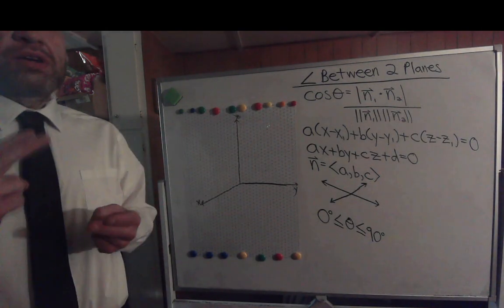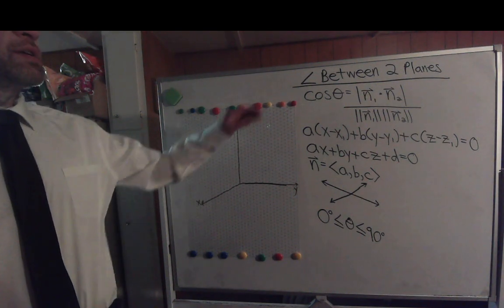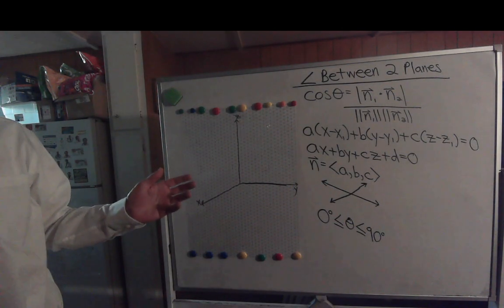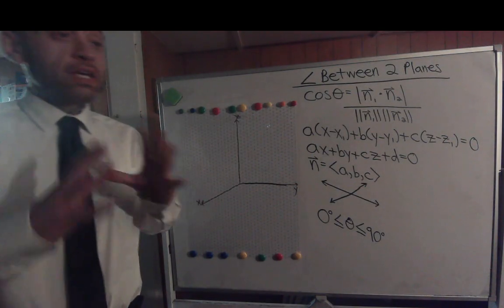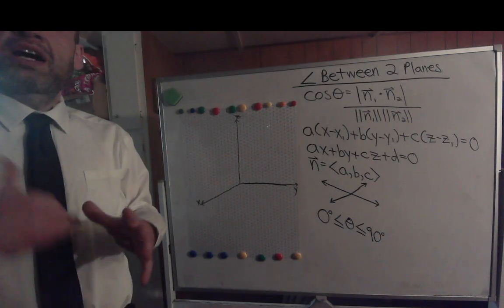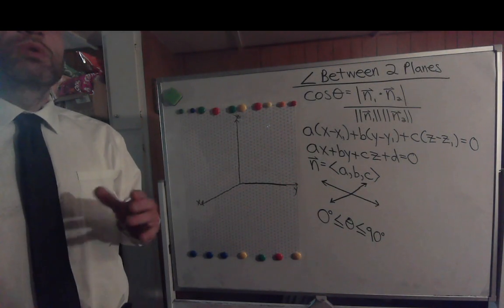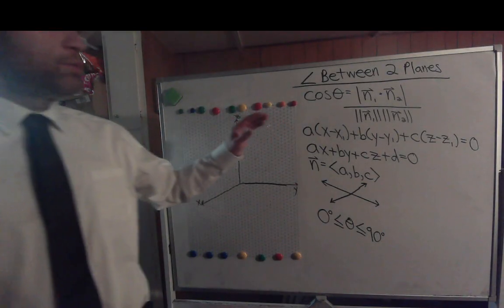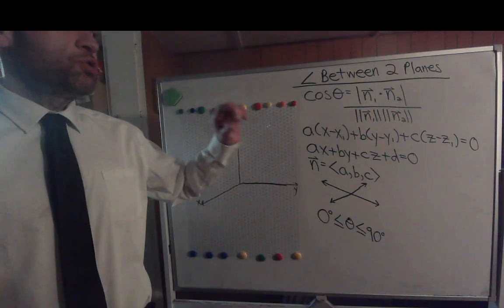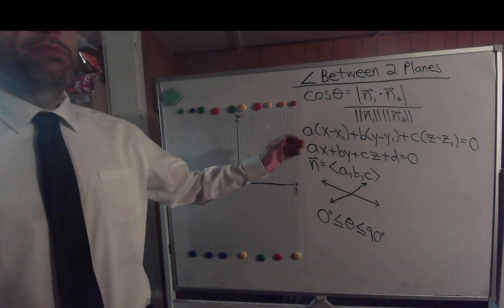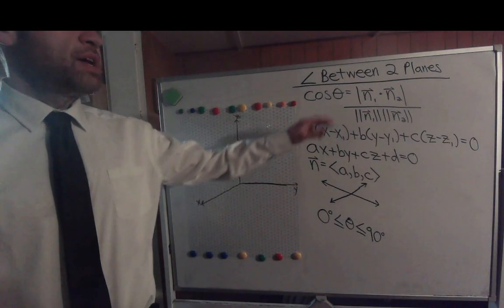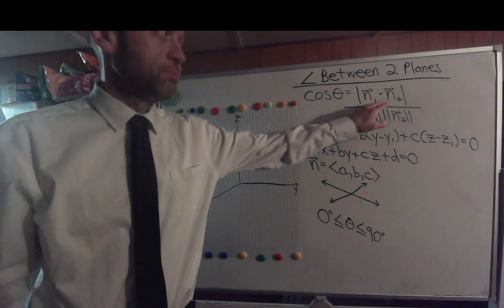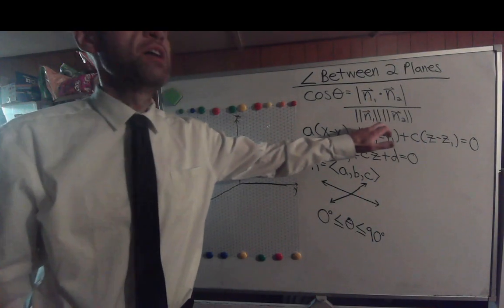Today we're going to talk about two topics. The first one being the angle between two planes. How do we find the angle between two planes? Well, keep in mind from yesterday's lesson, when we were talking about finding the equation of a plane, you used what was called the normal vector. We abbreviated it as vector n. Well, to find the angle between two planes, you of course have to come up with their normal vectors, and then it's the cosine of theta equals the absolute value of their dot products divided by the product of their